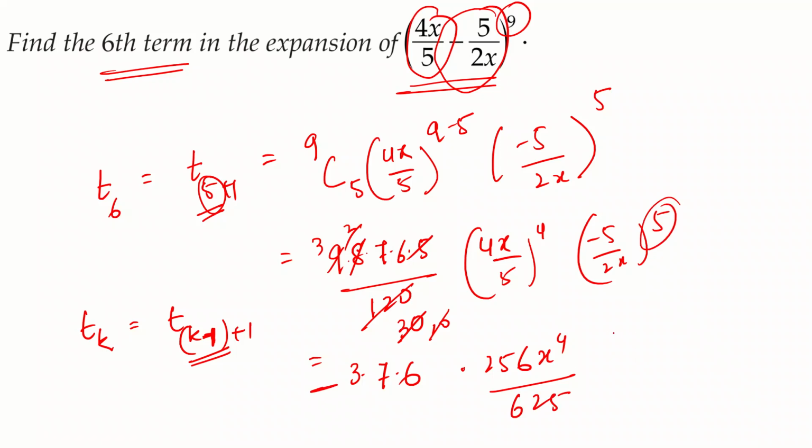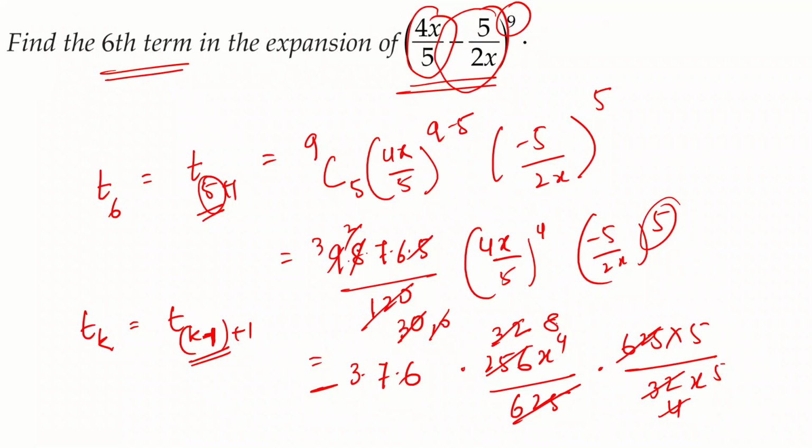5 to the power of 5 is 625 times 5, divided by 2 to the power of 5, which is 32, and x to the power of 5 is x to the power of 5. And now we just need to simplify. So 625 cancels out, 256 and 32 you can cancel out as well. So 256 and 32, 8, yes, 8 3s are 24, 16, 8 2s are 16, 8 4s are 32, and 4 again 8s are 32.